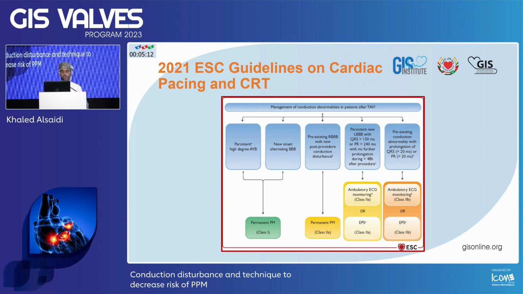Also 2A for patients with left bundle branch block and QRS more than 150 or PR interval more than 240; for those patients, they advocate either ambulatory monitoring for 7 to 30 days or electrophysiological study. For patients with pre-existing conduction abnormalities other than right bundle branch block and further prolongation of QRS or PR interval more than 20 milliseconds, then again it's class 2B, really uncertain, for ambulatory ECG monitoring and